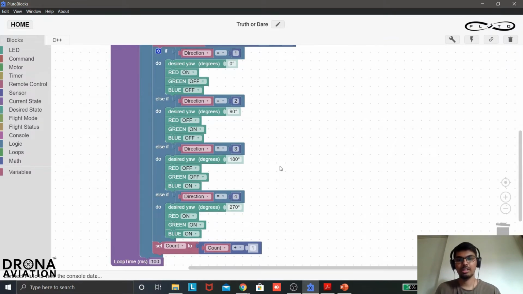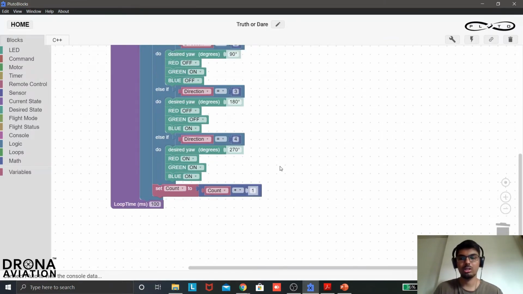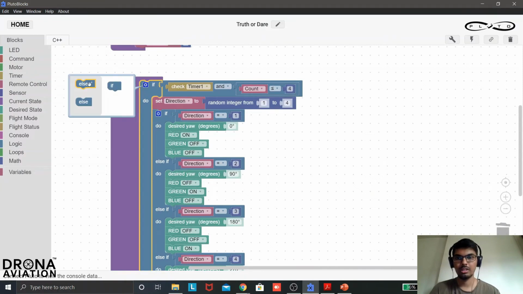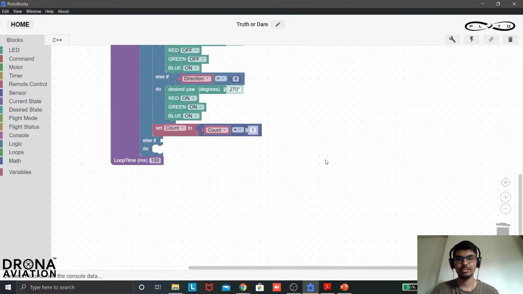Now one thing that I want to code right now is what happens after this 16 seconds. I don't want the drone to stop yawing in the air and then I have to press the land button. We can incorporate the land button over here itself. So what I am going to do is, in the main if do block, I will include else if. In this else if, what I will do is,